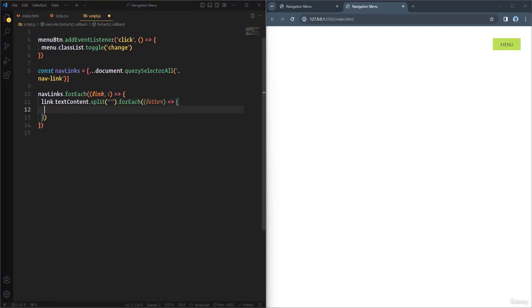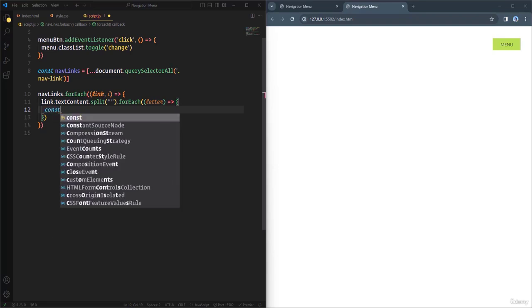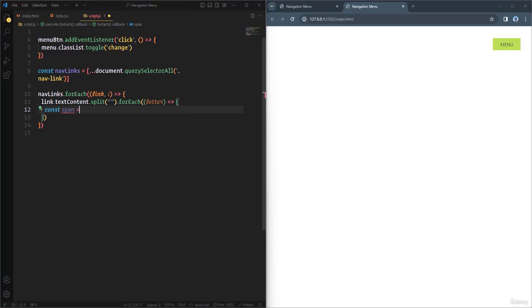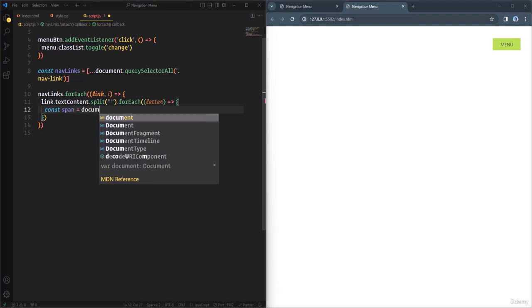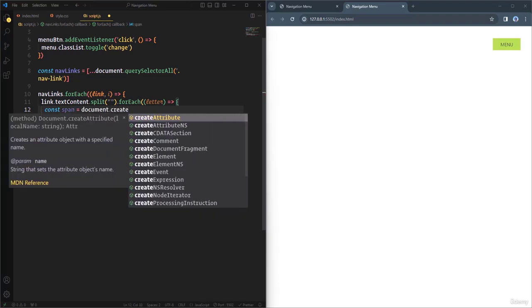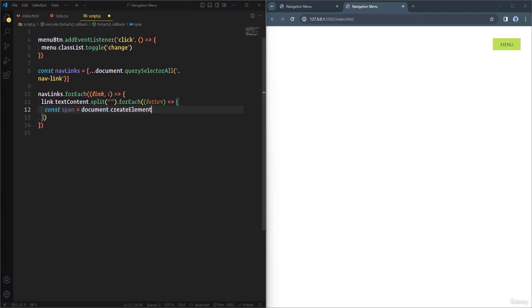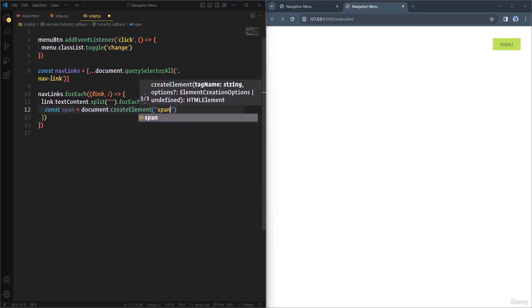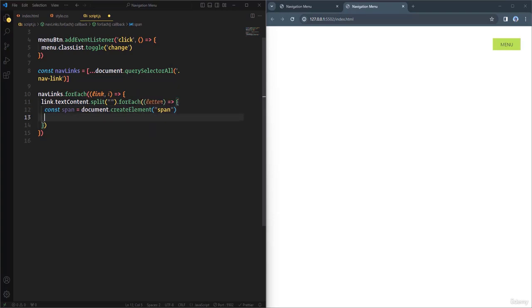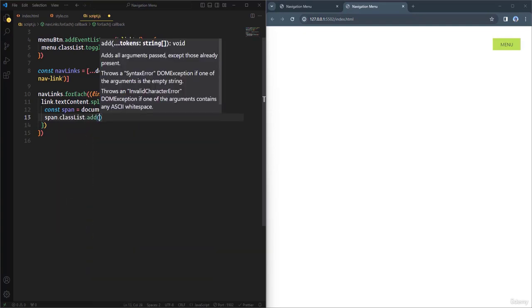So now for each letter we have to create a new span element. For that I'm going to create span variable, and it should be equal to document.createElement, and we have to specify here the span. Then we have to add CSS class letter to the span element. So we need here span.classList.add the class name letter,